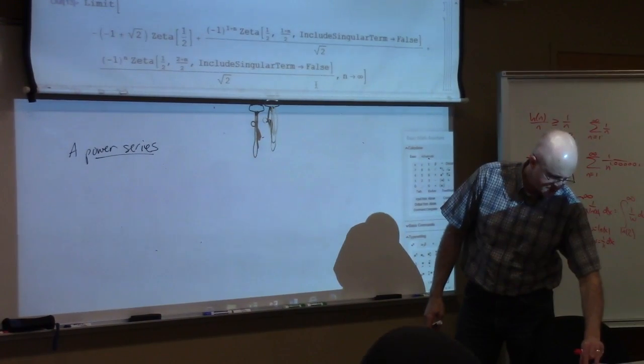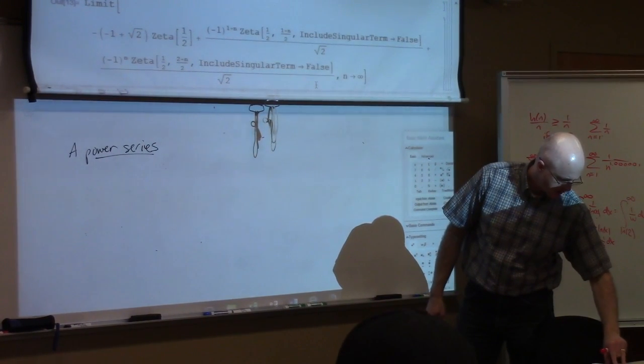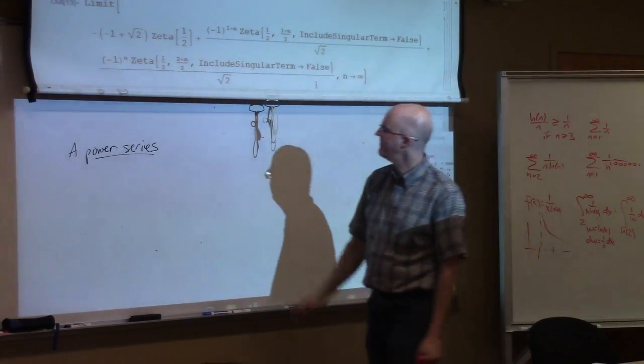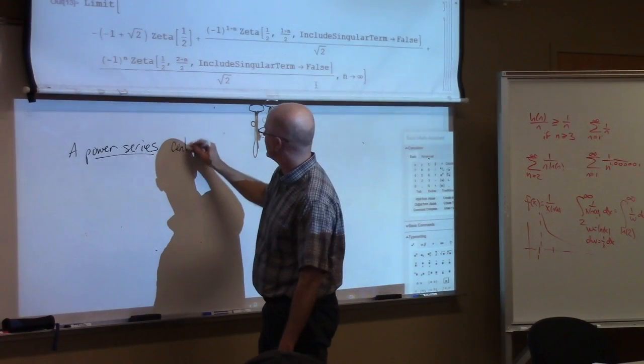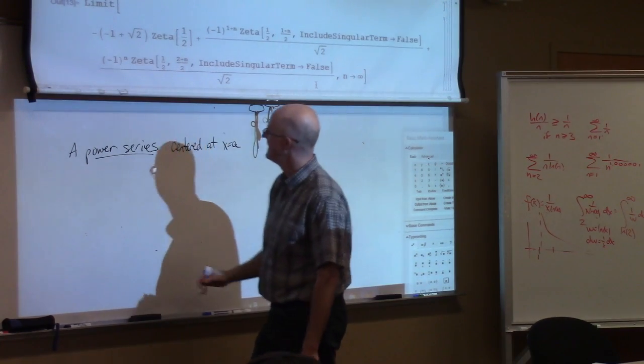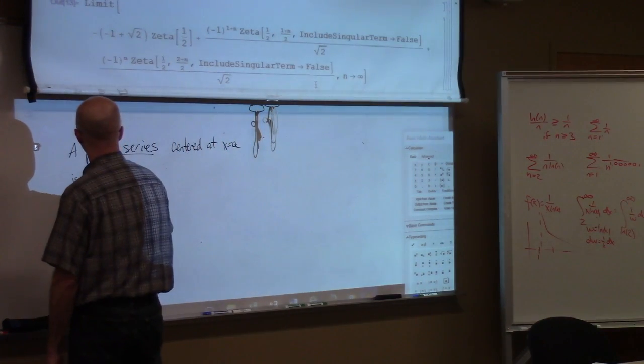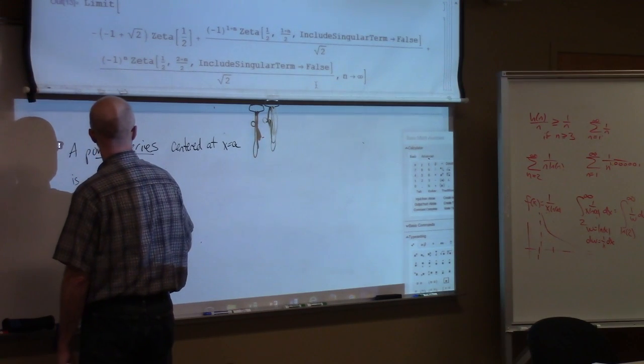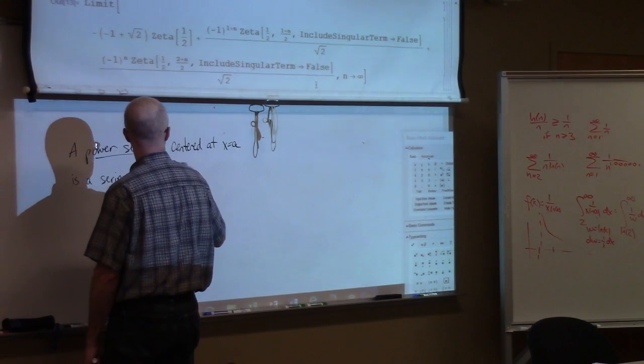And different letters are used by different books. What letter does our book use? Our book uses a. A power series centered at x equals a is a series of the form